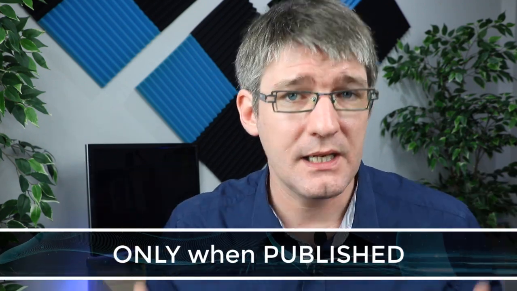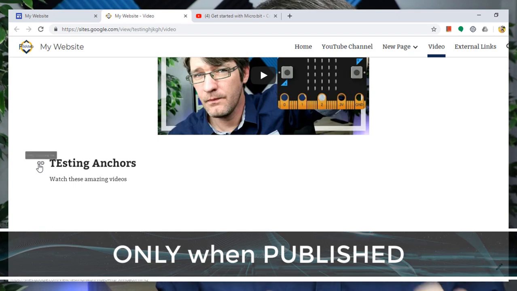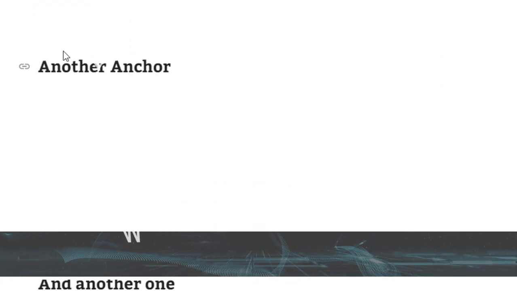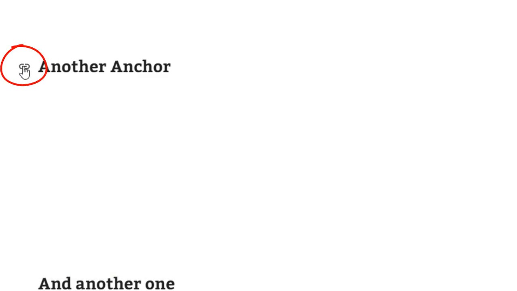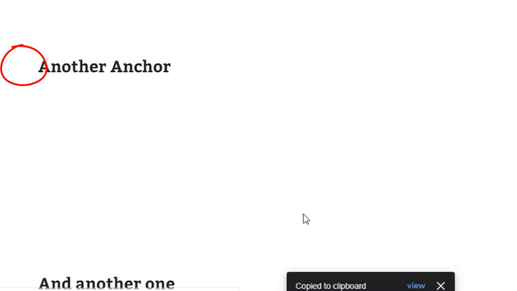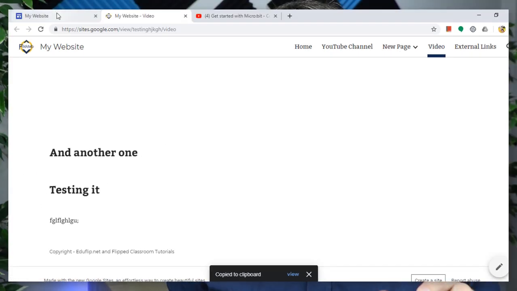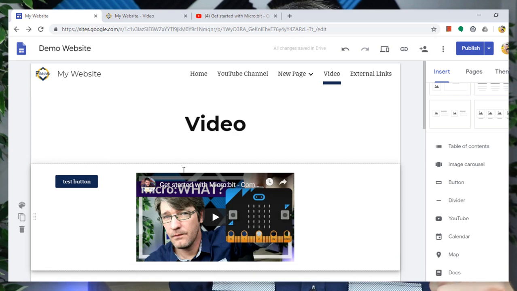Now in order to find these anchors, you will have to go into your preview window. Once you've created a website and you have your text boxes and your titles all ready to go, simply open it up in the preview window. As you scroll down and you hover above one of those subtitles, you will see a new icon appears. This is a link icon, and when you click on that, the anchor link will be